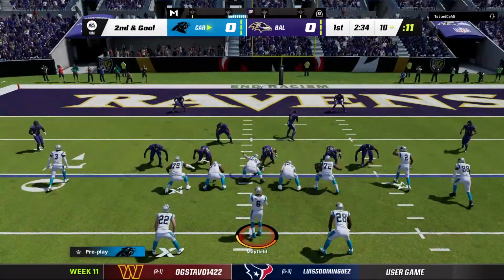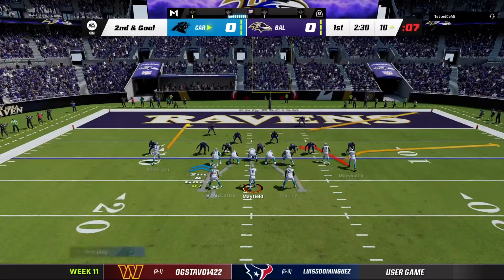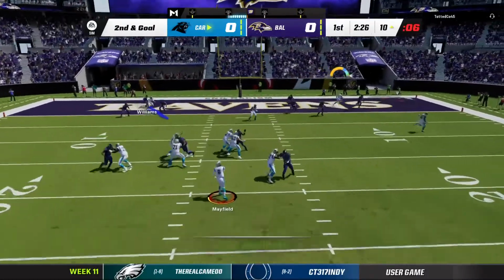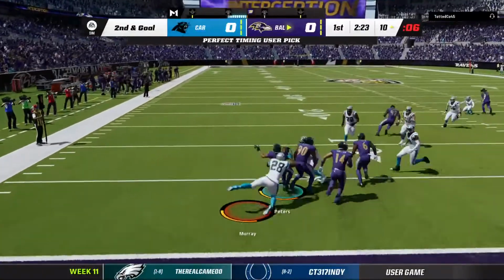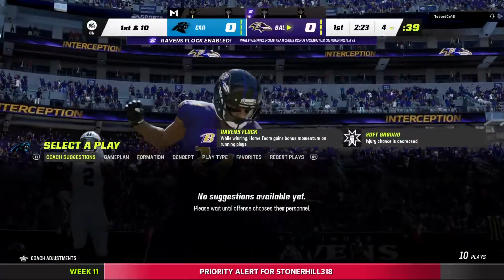Moved back to the 10. They'll try on 2nd and goal here. Mayfield. And it'll be intercepted. And the Ravens are going to take possession here as they've got it at their own